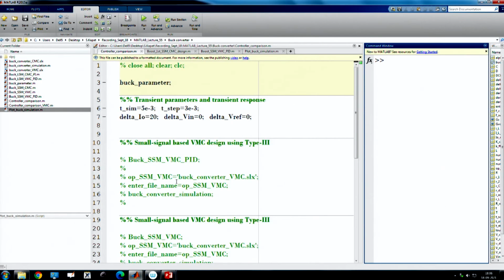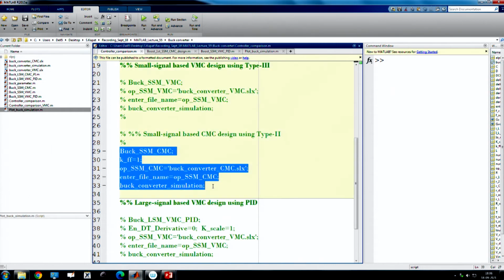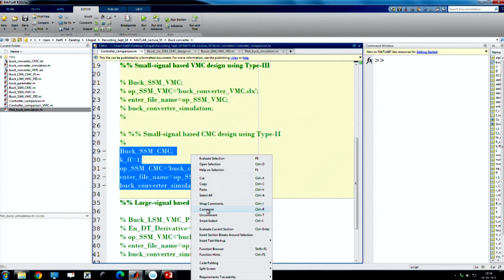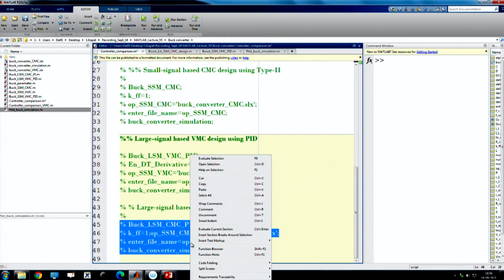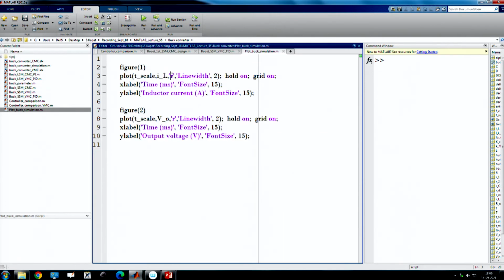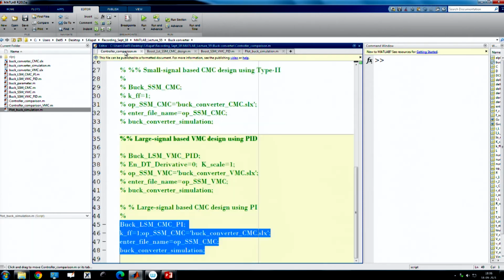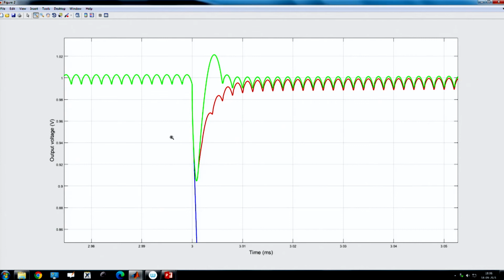Now we are going to large signal tuning, okay, for current mode, where we need to incorporate load current feed forward, and we discussed that we can estimate the load current, or you can use physical sensing, right. So, estimating load current is a good solution in digital control. So, let us do that and we will run it now using green color and see what happened. Yes. So, you see,